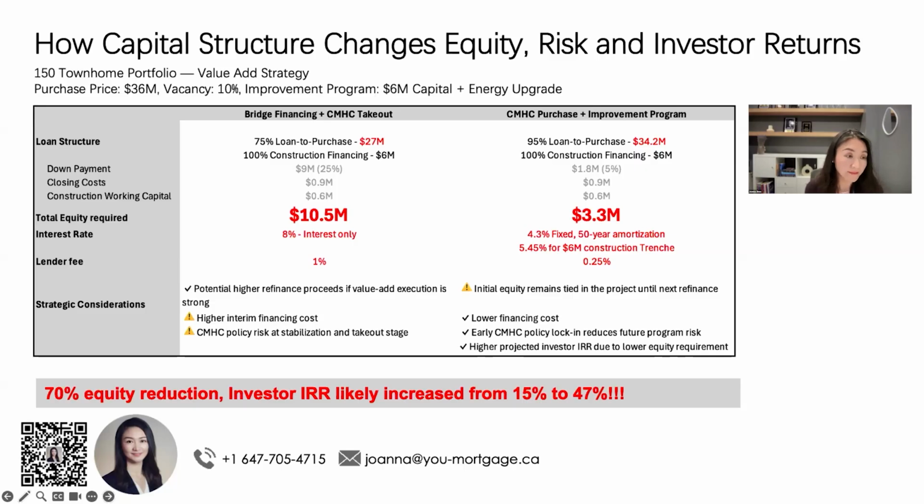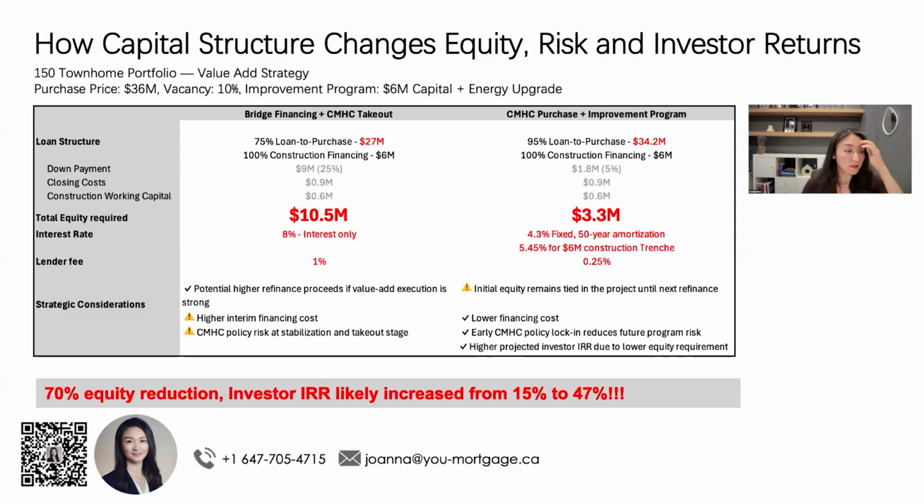This is a real case, but it goes back to 2024. We submitted this case before July 2024, before the energy efficiency points change, which means we were getting 100 points under energy efficiency. So we were still getting 95% loan to value under CMHC. A little bit of background on this purchase: my client would like to purchase a 150-unit townhouse portfolio in Kitchener, Ontario.